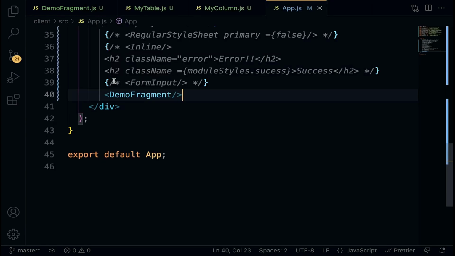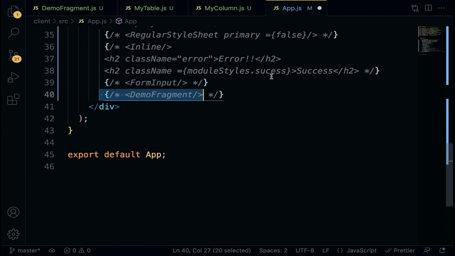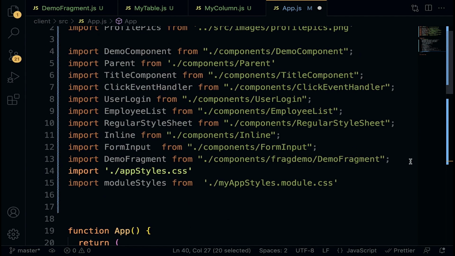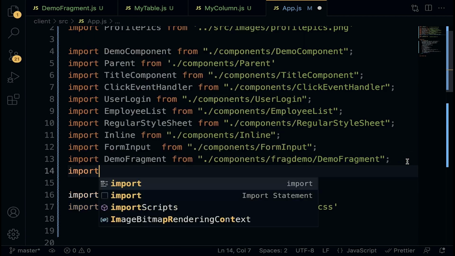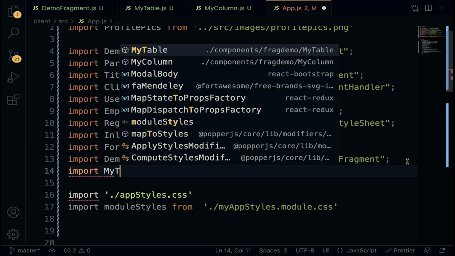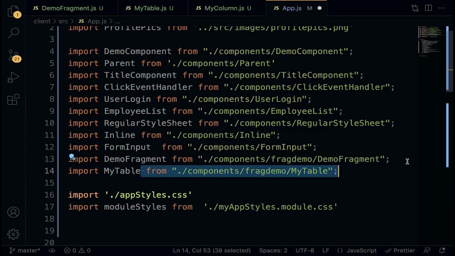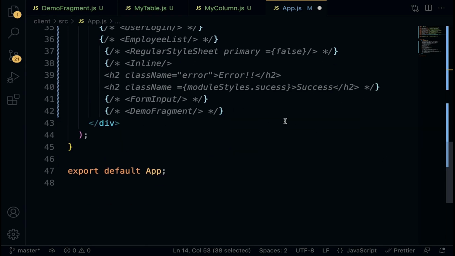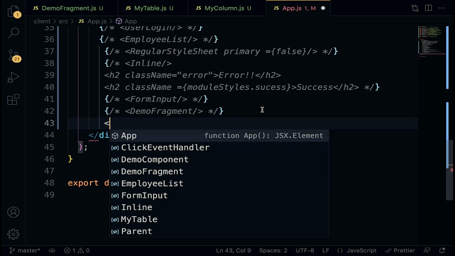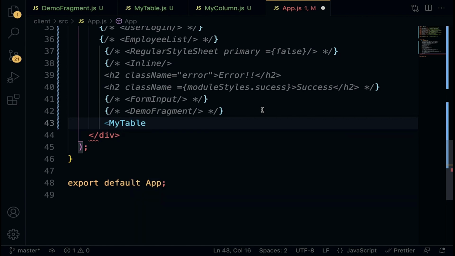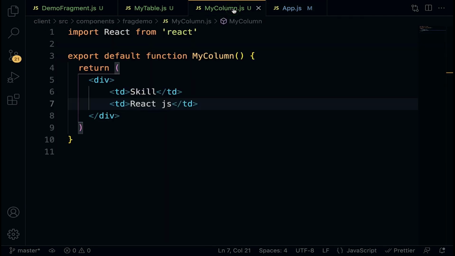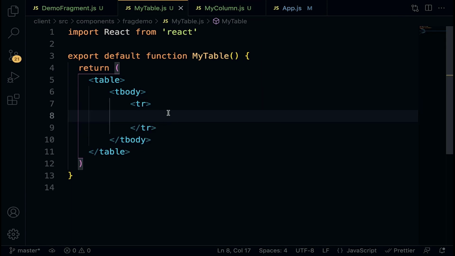We have to render my table. First, just have to place a comment on this. Scroll up. Let's import my table from component / frag demo / my table. And at the bottom, we have to render my table.js. Close it up with the self-closing tag. Save. Having done this, we have to render the column component right within the T row, which is the table